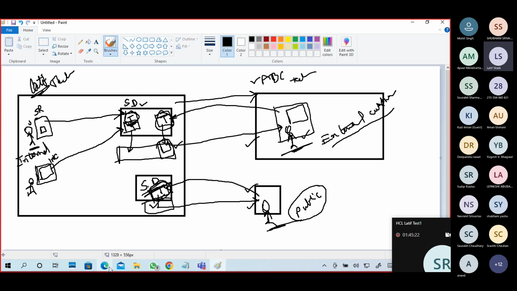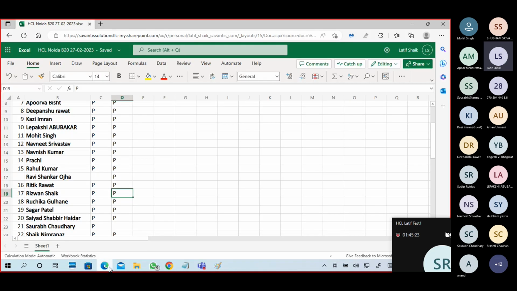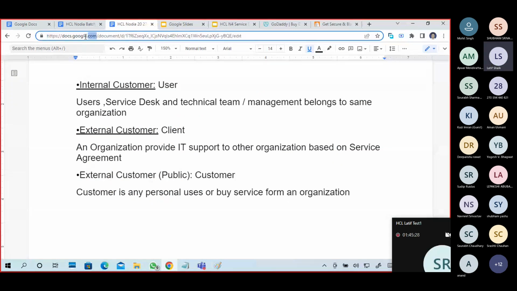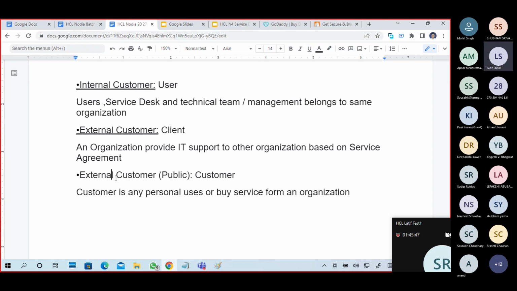Simple, guys: I am using Google Docs as an individual user with my Gmail account only. As an individual user, if I get any problem with Google Docs, I personally have to deal with Google services. So I am an external customer, public.